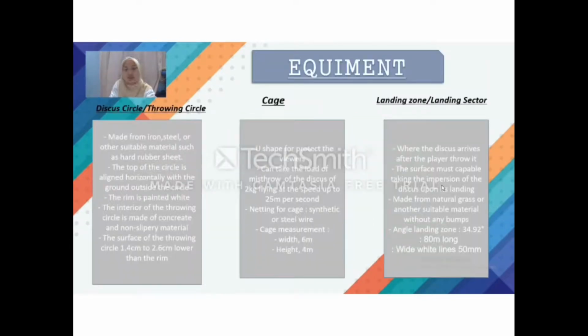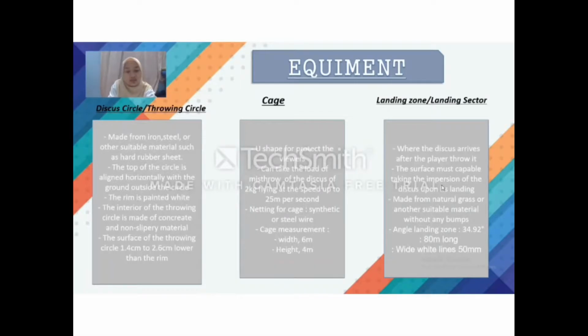The next one is equipment for discus throw. The first one is the discus circle, also known as the throwing circle. It is an area within which the player needs to take a stand and complete the throw. It is made of iron, steel, or another suitable material such as hard rock sheet. The top of this circle is aligned horizontally with the ground outside the circle. The measurements of the circle are: inside diameter